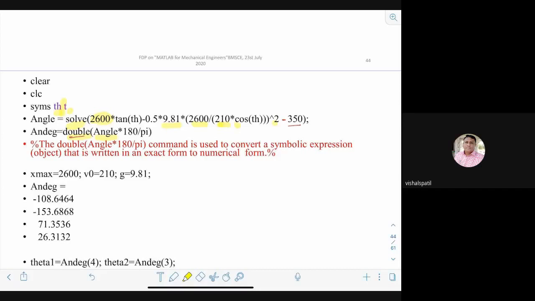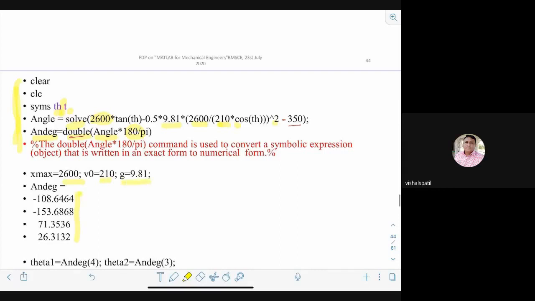Therefore, we already multiplied it by 180 by pi, and therefore I can directly obtain the angle in degrees. Just see the length of this code, hardly so much. Given this value of x equals 2600, velocity u0 as 210, g as 9.81, you get 4